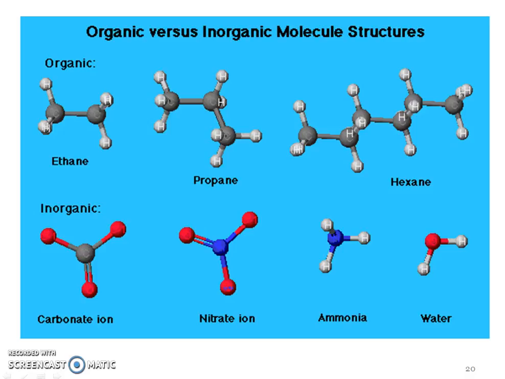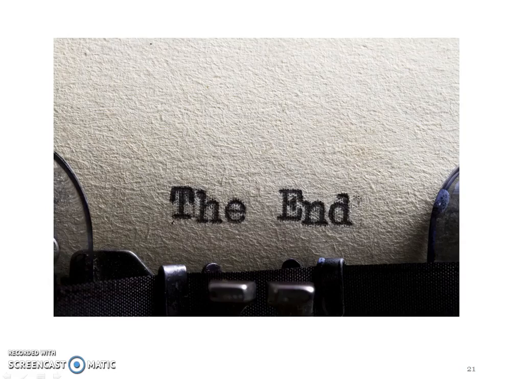So again, inorganic versus organic, notice it's just carbon and hydrogens all the way through. But inorganic, now they're going to use colors, and that's what you're going to see throughout the course and throughout your textbooks, that they're going to use different colors for different elements. So carbon is usually black, hydrogen is like this grayish or white, and then you come down here, you're going to have oxygen's red, nitrogen's blue, and they're going to have other things as well. But just keep that in mind. So sometimes that's why they like this ball and stick or the spatial molecules, because of the color visualization that goes along with it. And that's it.